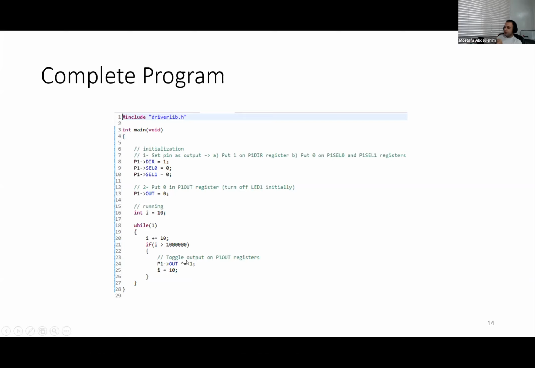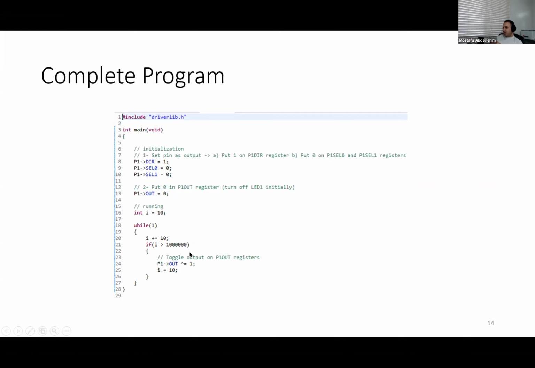Both are equivalent. So basically here you are saying that, for example, if the current value is 0, which means turn off the LED, 0 XOR 1 is 1, so you will turn it on. Okay, so now B1 out has 1,